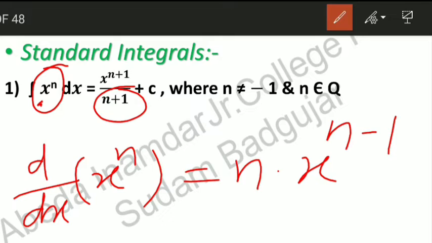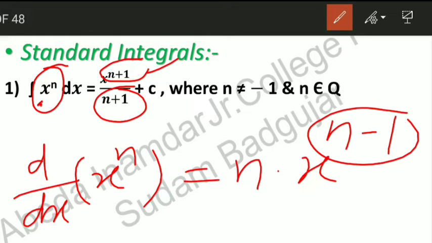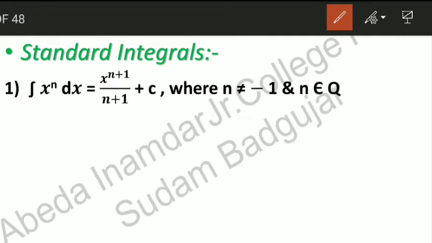What is the power of x in this result? n plus 1, which is in the denominator. Okay. While taking the derivative, you have to subtract 1 from the power, and for integration you have to add 1 to the power. Okay, it is very simple. You remember, in this way, the integration of a variable raised to a number, not any function, x is fixed here, x raised to n is equal to x raised to n plus 1 upon n plus 1 plus c. You must write c here, where c is called the integration constant.